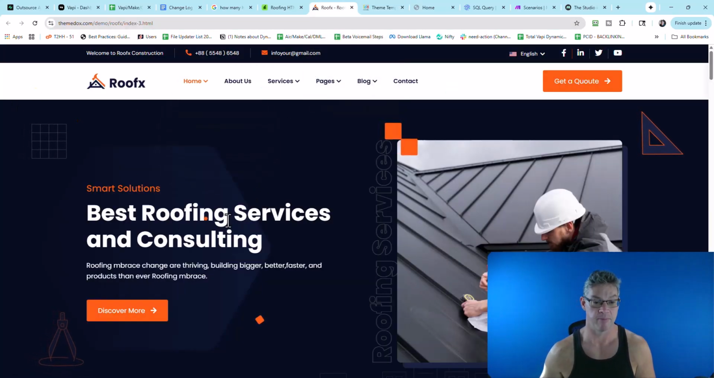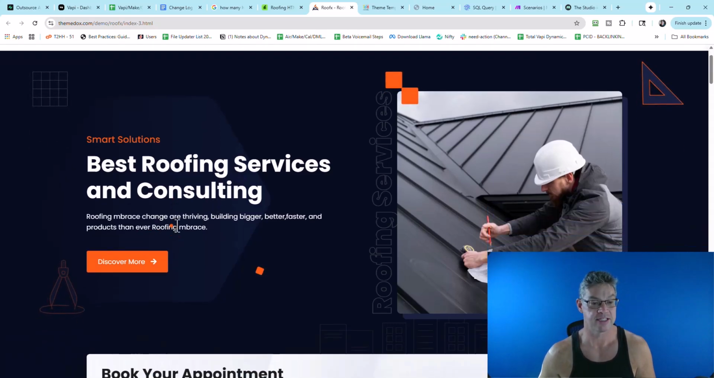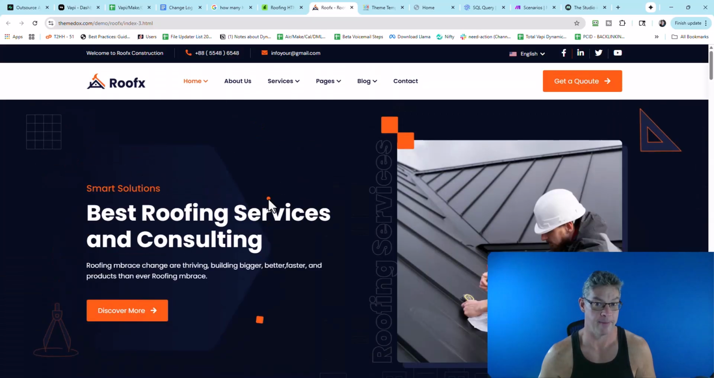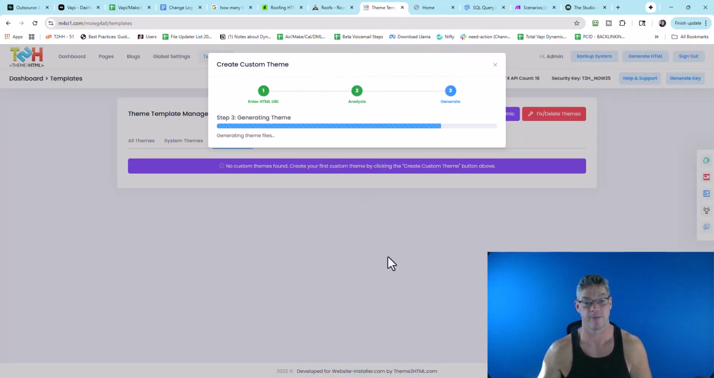it says stuff like best roofing services and consulting, right? And then it's got this stuff about that. And that makes sense, but it's not about us at all. It's whatever was on the template when they made the template, right? Nothing weird about that. Well, keep in mind we're in the back, and we're talking about first converting this so